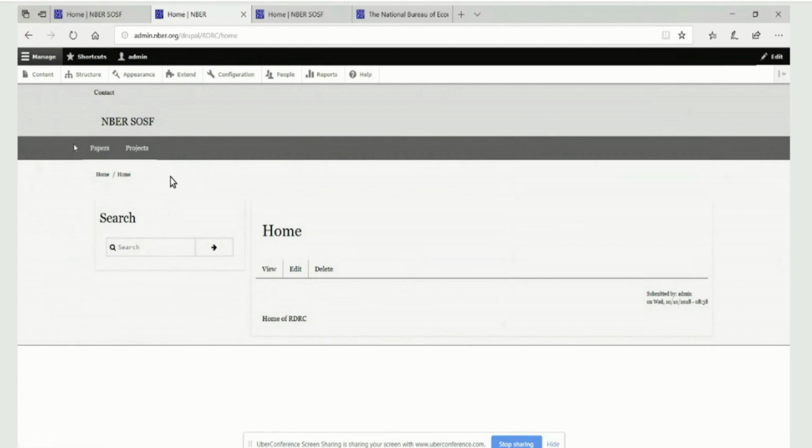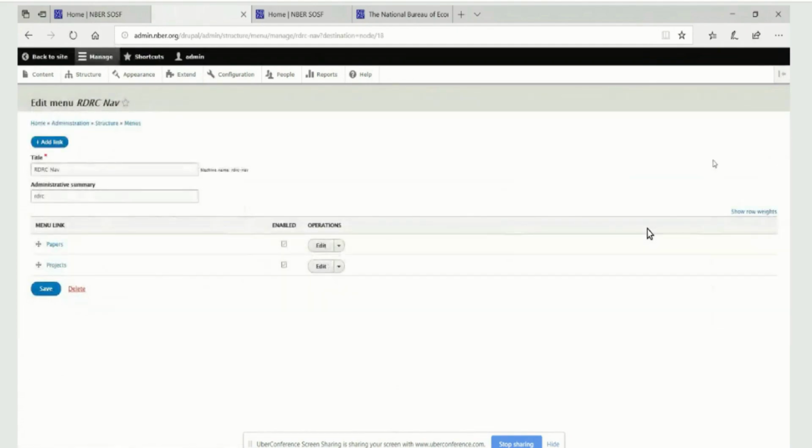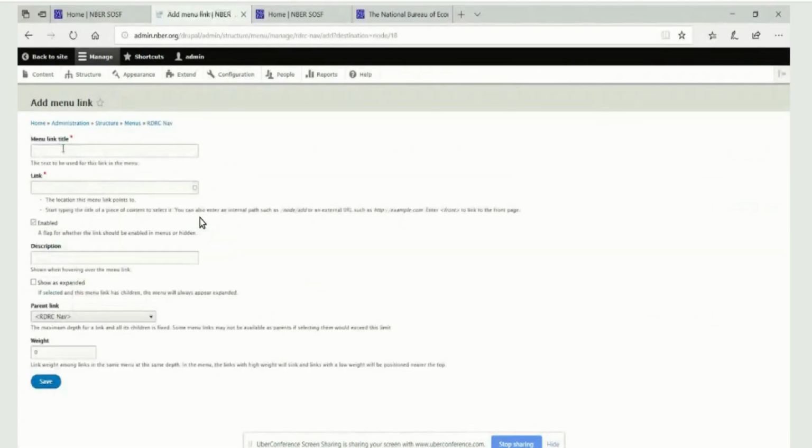How do I put the home link here? Can I just go into here and do it? Yep, you can edit that menu and then just add link, and call it home. And then below there, it's actually not going to be the front page of the website, because the front page is actually a different page. So you want it to be